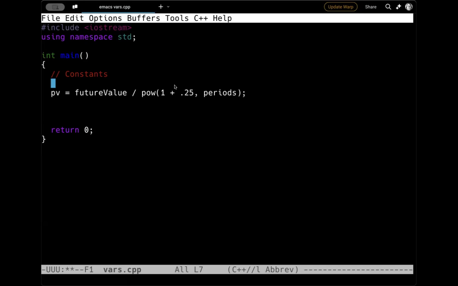So it's better to do something like this, where we're going to say constant double or float, depending on your precision, interest rate, putting an underscore between them, equals 0.25. And then I can change this down here with interest rate.